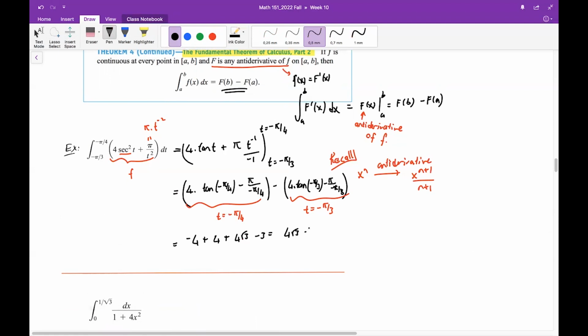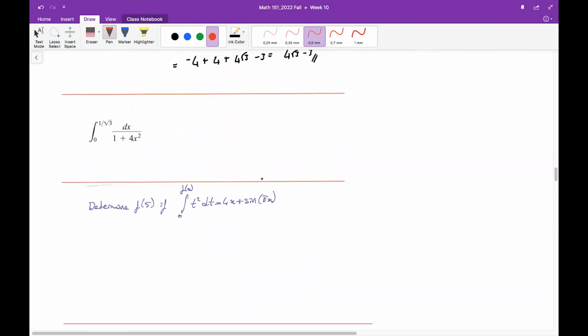So you will find a result like this. Okay, the crucial point in this example is the following. You have a function f here, and the integral of that function is in fact the antiderivative of it. You will think like a function whose derivative is secant square, so tangent t, right? So like that. Okay, let's move on